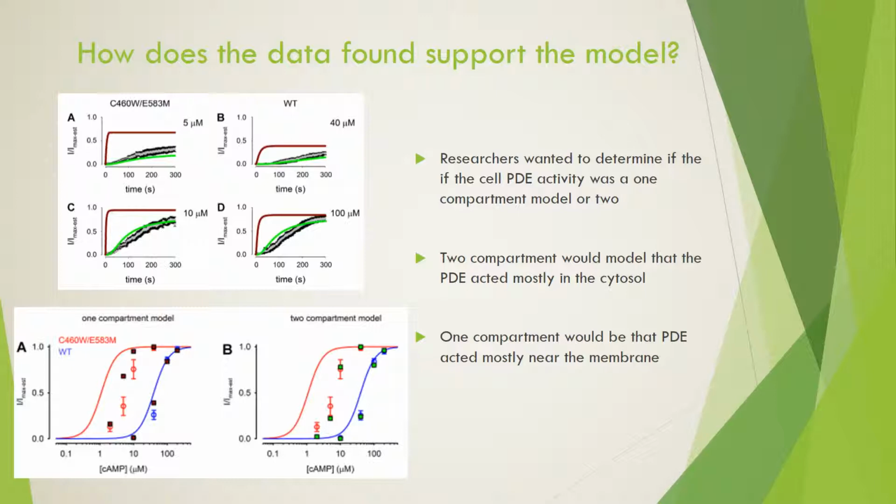And so that's mostly what they're measuring, PDE activity near the membrane, because they're trying to determine if PDE4 is specifically near the membrane or in the cytosol. And as it is seen, the data fits more closely to the two compartment model. And in the second graph, the data is more consistent with a two compartment model because there is a clear and consistent right shift from the excised patch, which better fits the estimated data of a two compartment model than the inconsistent